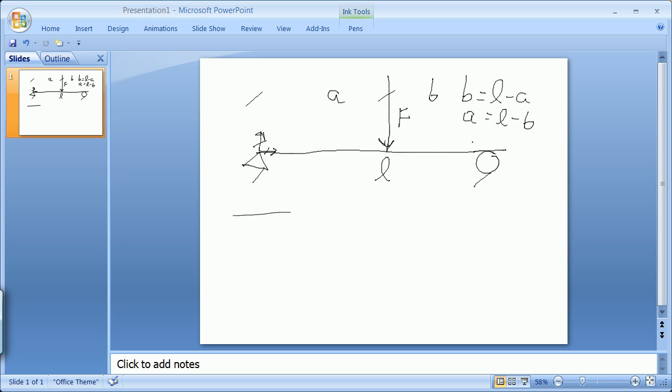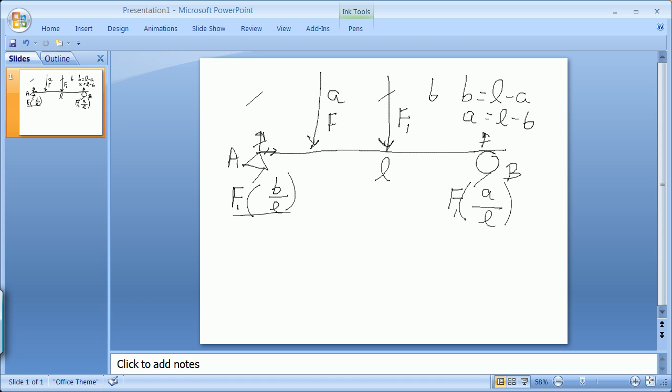Reaction here and here, and reaction there in the y direction, and saying that yes, the reaction at A to this force is equal to F times the distance from the other support, which is B over L, and going across and saying the reaction at B to force F is the distance from the other support, which is A over L. And you basically do that with one force